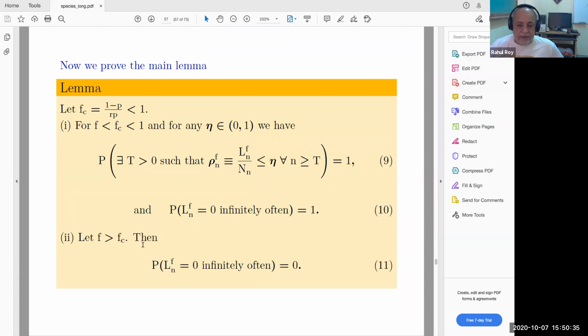And if f is bigger than fc, that was the second part. We said that if I look at f bigger than fc, then in the interval fc to f, there will be a positive proportion of population. And that will be taken care of by the second part of the result. In other words, if f is bigger than fc, the species which fall between 0 and f do not always get flushed out. In particular, between fc and f, there's always some remaining.